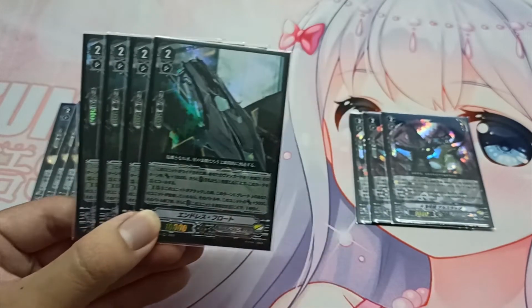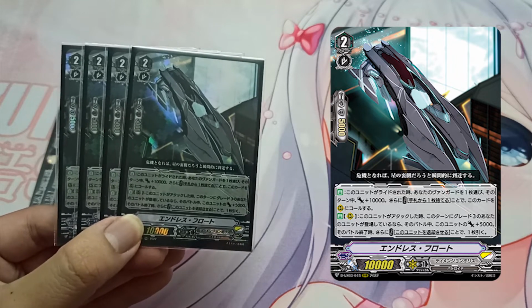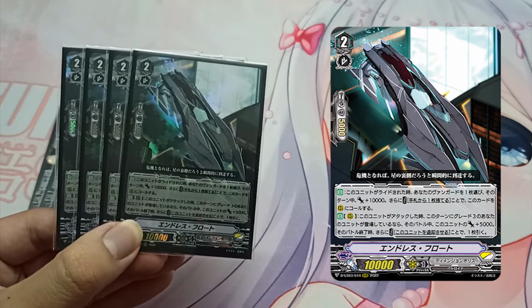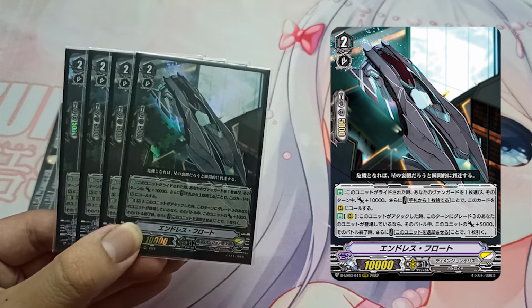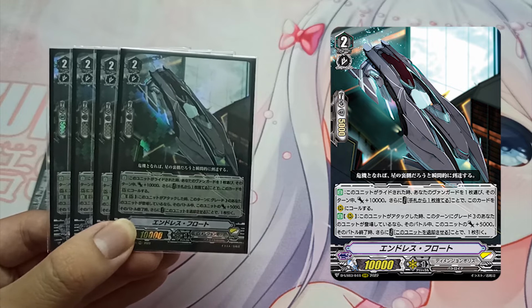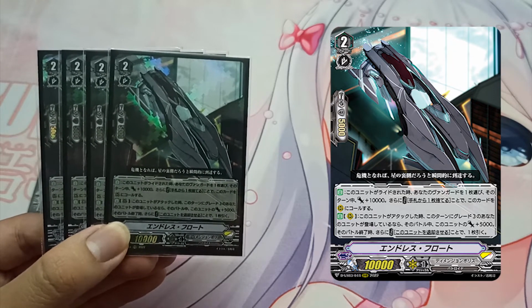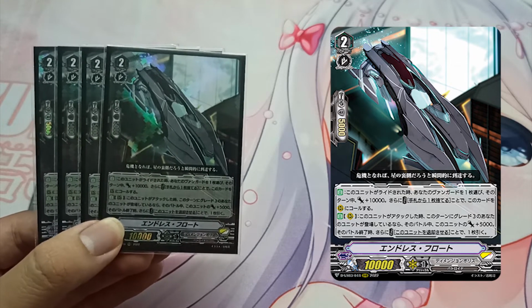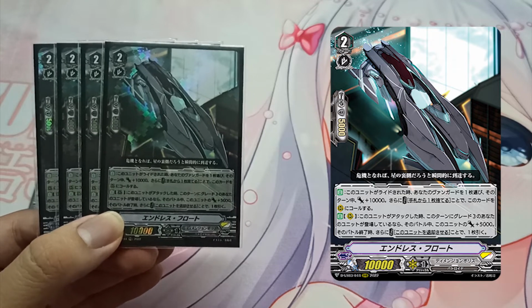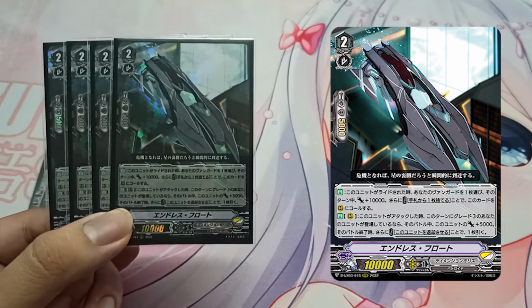The Grade 2, Endless Float. His skill is, when ridden on top of, you get to choose one of your Vanguards and it gets plus 10,000 power until the end of the turn. And then, by discarding 1 card from your hand, you can superior call Endless Float from your soul to your Rearguard. Doing so, your Vanguard will get an extra boost in power, and you'll have a Rearguard Endless Float ready